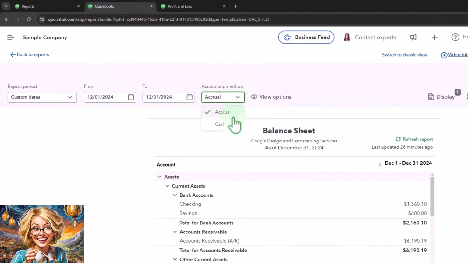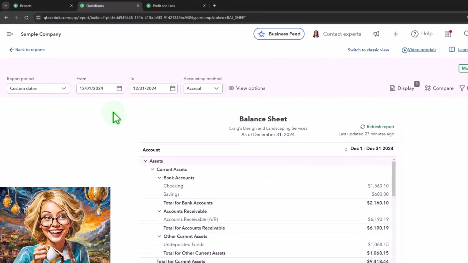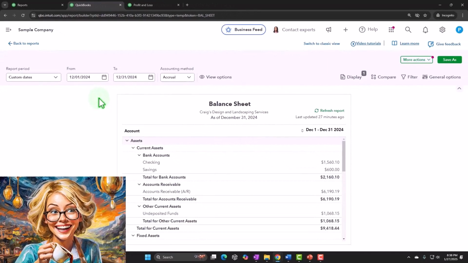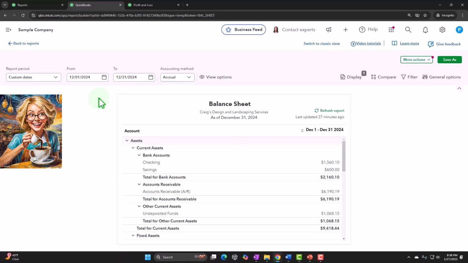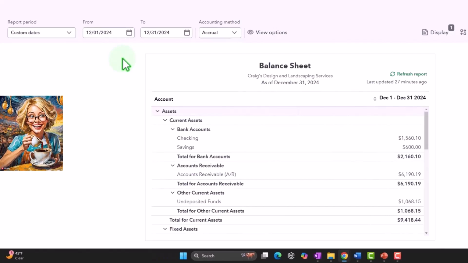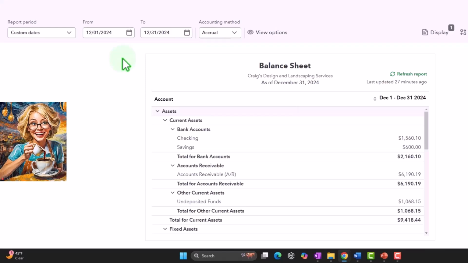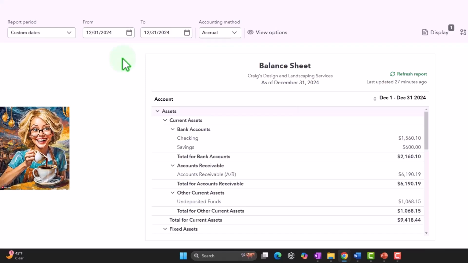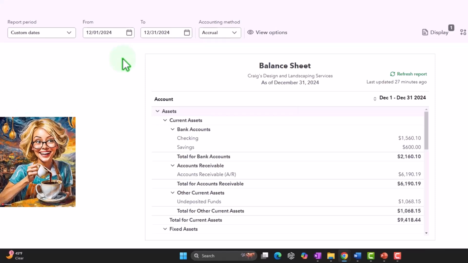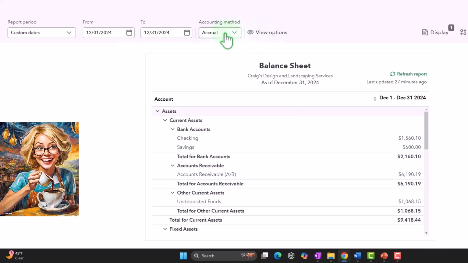Then we have the accrual versus cash. Now, this is one that people often get confused and have questions about, noting that accrual is the default. So as a general rule, you want to keep it on accrual unless you have some reason to put it on something other than accrual. And you might say, well, hey, I want to be on a cash-based system. You might be on a cash-based system based on the type of industry you're in, even though this is selected